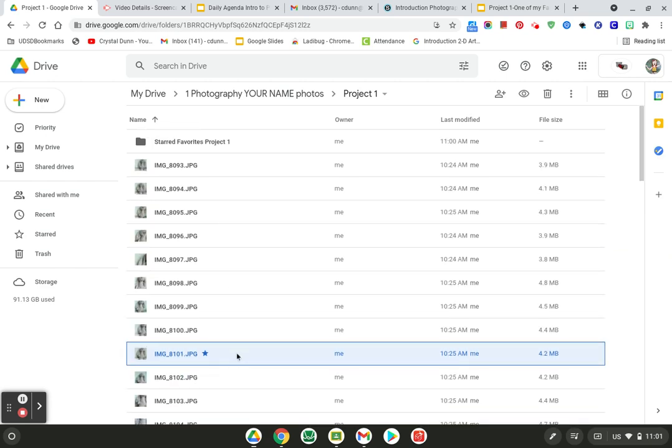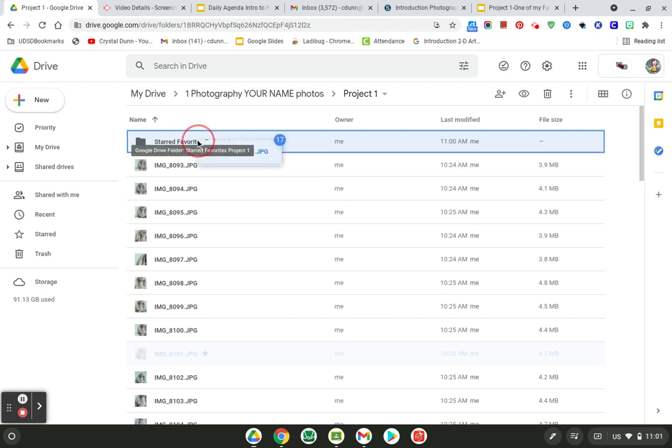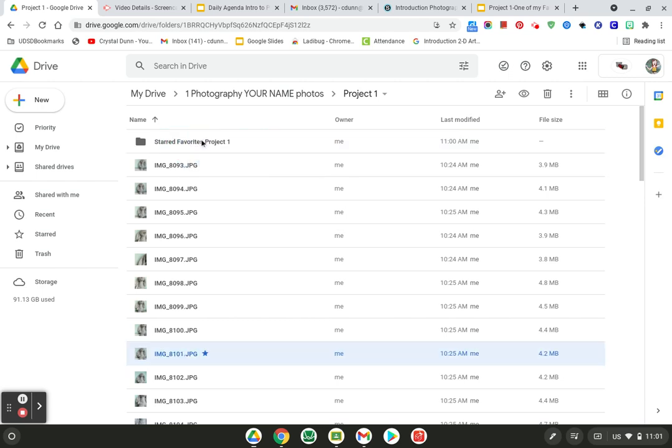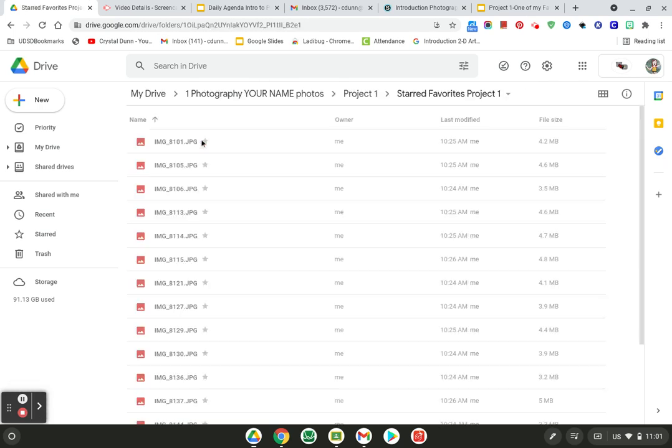Okay, once you select them all, you're going to click and hold, drag, and hover over where it says starred favorites and drop them in. Okay, just give your computer a second to load them all in. All right, once it says the files have been moved, then you can click into the folder and see them